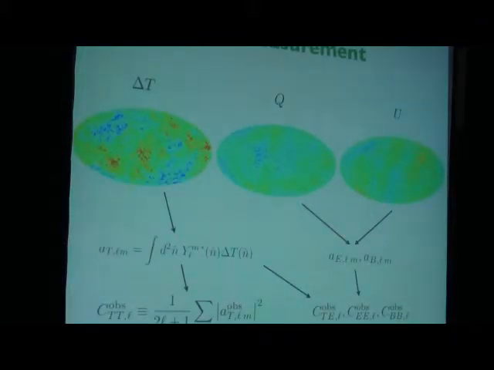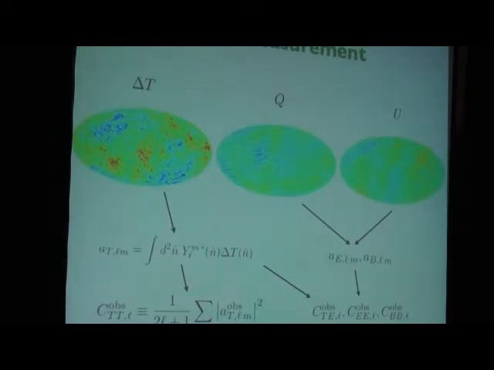So now I want to give you a little bit of an idea how a measurement of the angular power spectrum would work, and give you an idea why they have the structure they have, and tell you how you use them to constrain cosmological parameters. So here I'm showing you just simulated maps, because I'm saying it's an ideal experiment, so you assume there's no foregrounds, just CMB. You have a temperature map, Q map, U map, and as we said yesterday, in the ideal